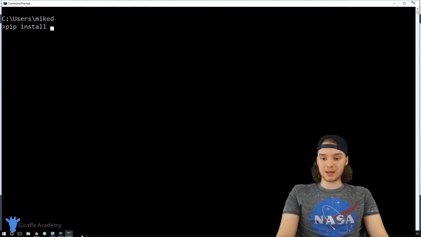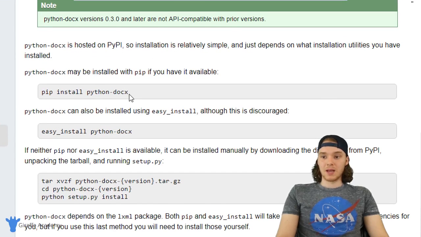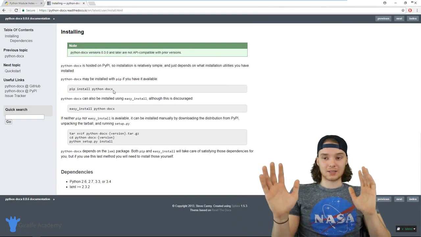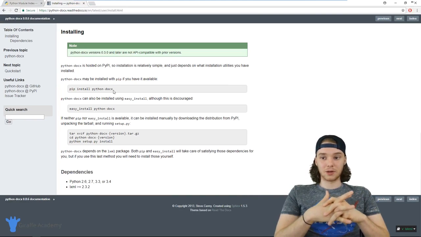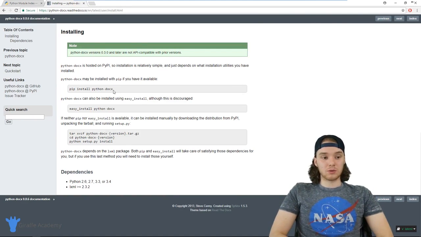So in the case of Python Docs, it was just Python Docs like that. Now again, you don't have to install Python Docs. I'm just doing this for this tutorial just to show you guys how this is going to work. But what you want to do is go online and look up some third-party external Python modules. And generally, I'd say 90 to 95% of the time, you're going to be able to just install them